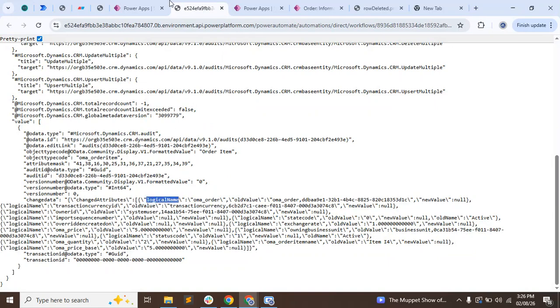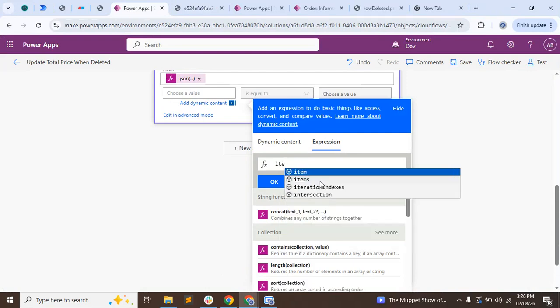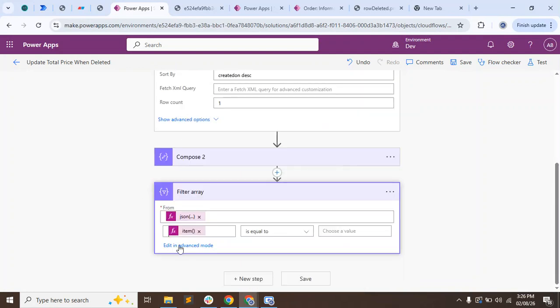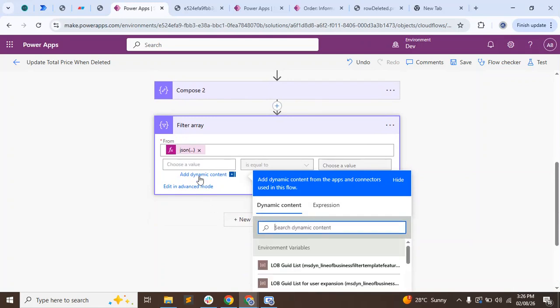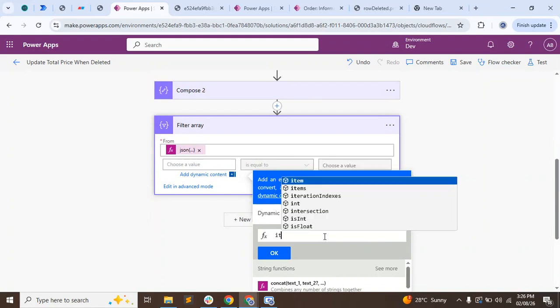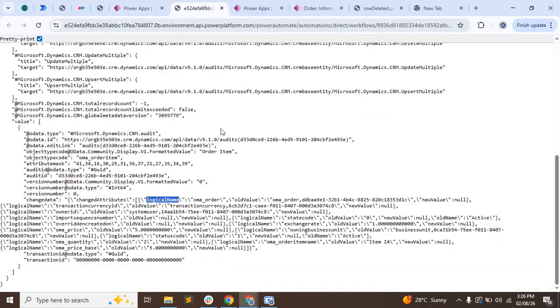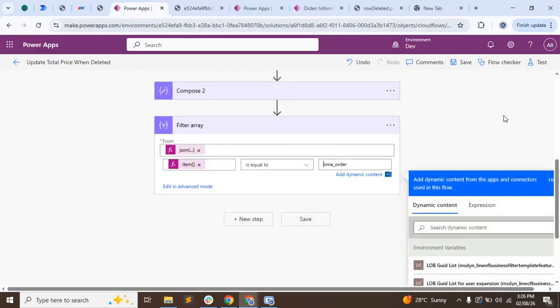So I will put item of logical name. The logical name is equal to OMA order. I need only this value,